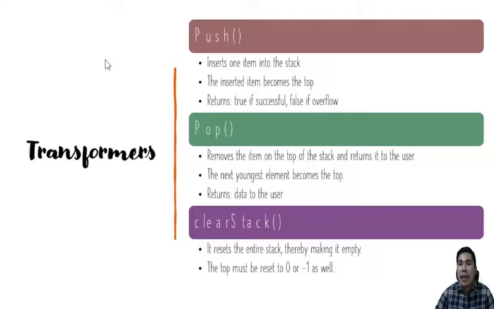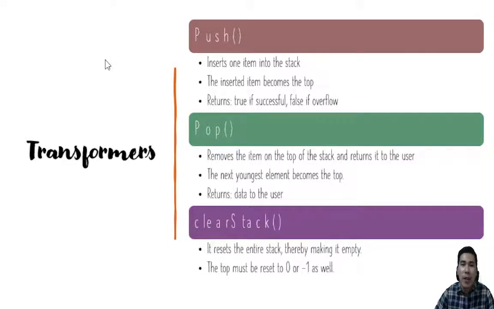The inserted item becomes your top, because it's always going to happen at one end, which is called the top. Then you could have a boolean returning value for your push,